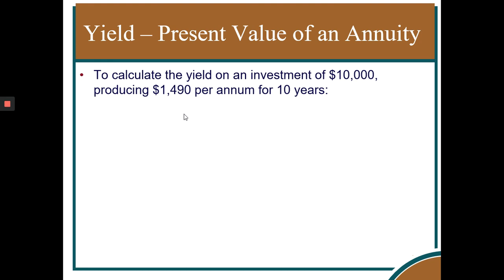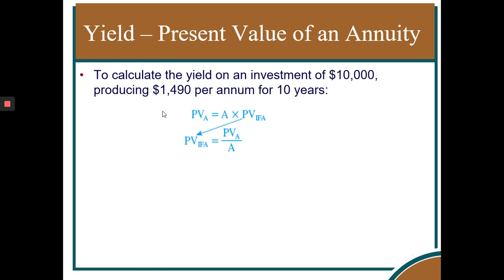All right, so let's do a present value and annuity. You need to calculate the yield on an investment that gives you 10,000, producing 1,400 per annum for 10 years. So this is an annuity question. You're investing 10,000 once, but in return you're getting 1,490 per annum for 10 years. That 1,490 repeats every year for the next 10 years, and you want to know how much is the